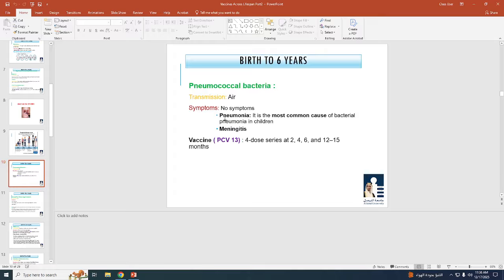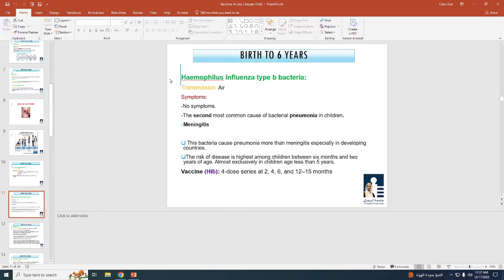Pneumococcal bacteria. Pneumococcus is the most common cause of bacterial pneumonia in children. If you have a child who came to your clinic suffering from pneumonia, you will immediately think the reason is the pneumococcal bacteria, and then you need to give the appropriate treatment. The name of its vaccine is PCV13. And then we have Haemophilus influenzae type B,